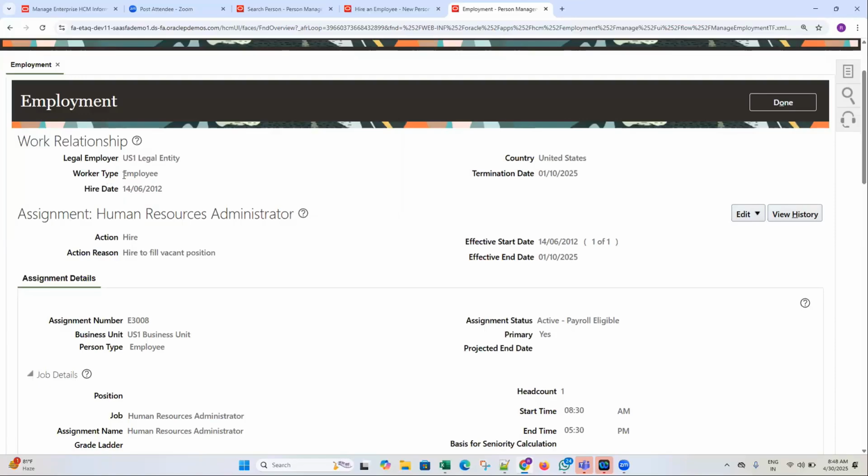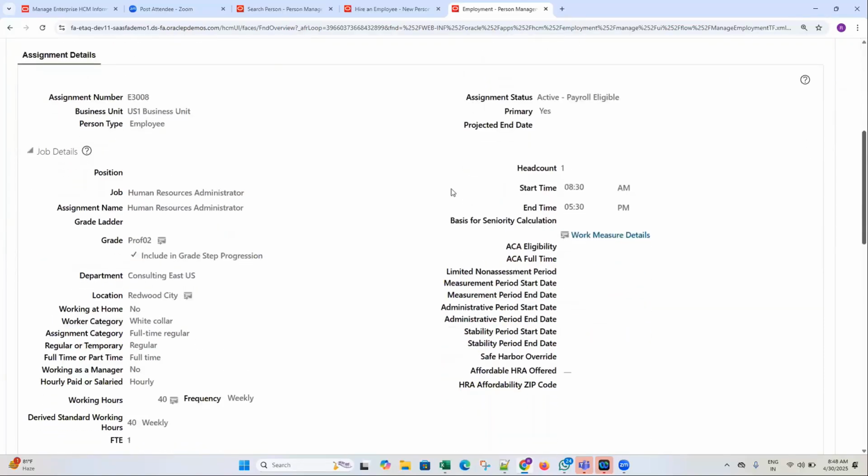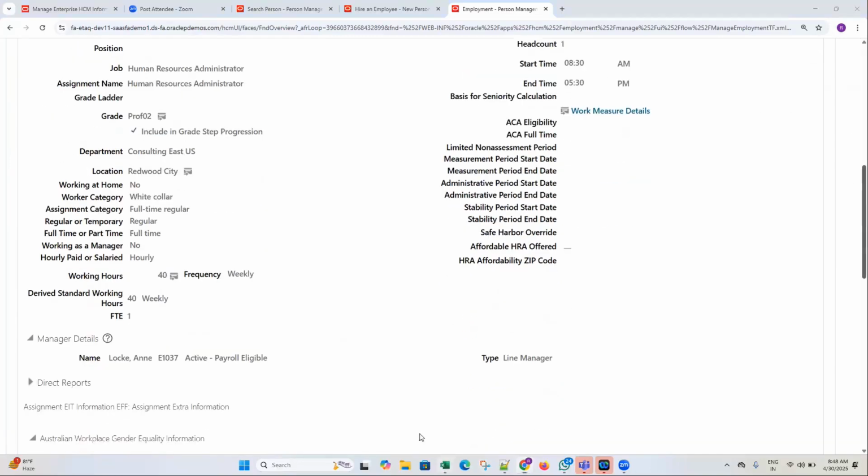I will explain worker type in future classes. What is the relation with that legal entity? It's an employee. Now, coming to what work we have assigned to this employee: we have assigned him under this business unit, and he is supposed to do this assignment. This is called